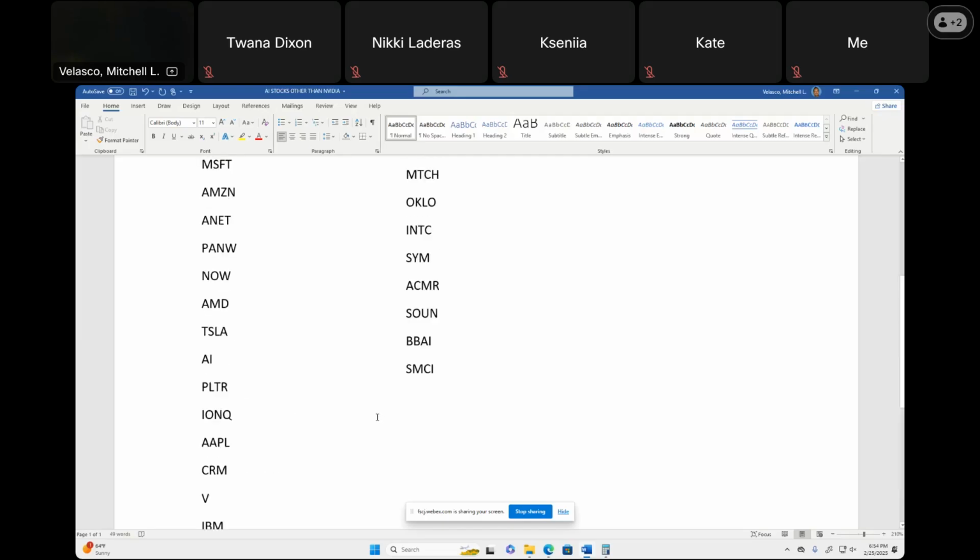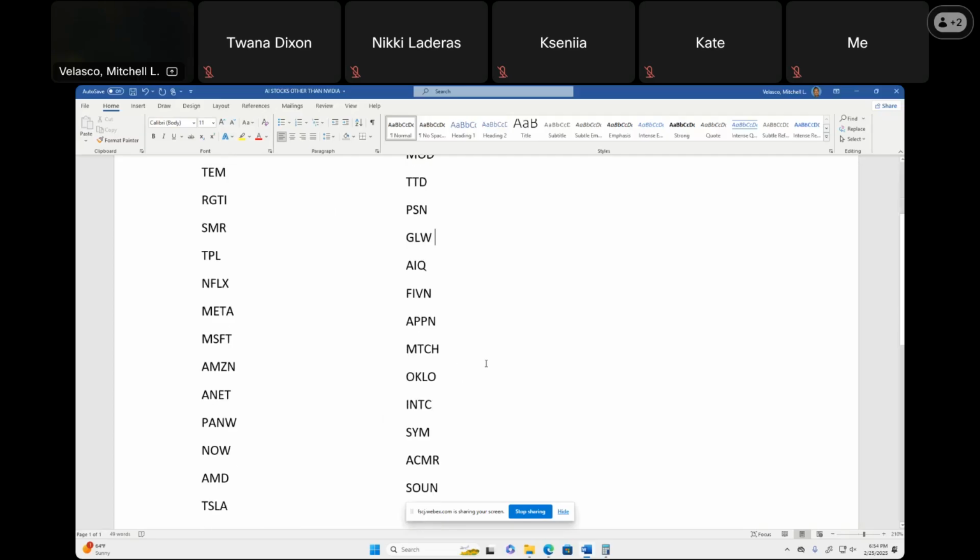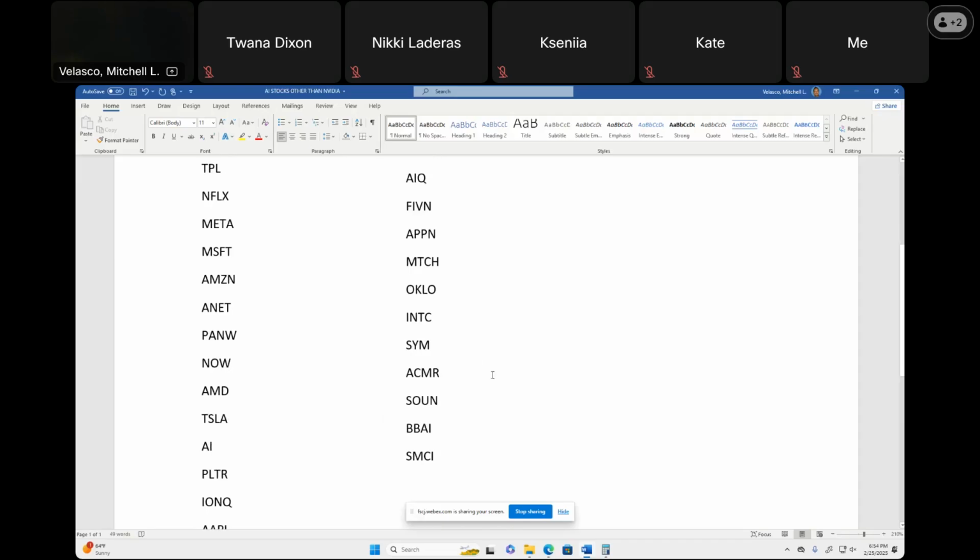Fortinet, that's security, Dell Computers we've heard of. Corning, GLW, they make the materials. Of course they make the stuff that's in your cooking pans, but they also provide the materials for a lot of the fiber optics used in the internet. AIQ, there's Intel in there. SoundHound, although I can't really recommend SoundHound because I think NVIDIA sold all their shares in SoundHound, so they divested away. So that stock's not been doing great.